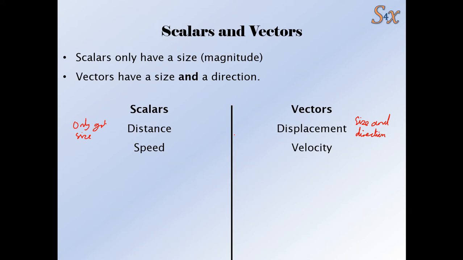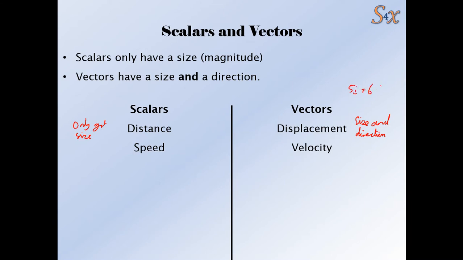It may seem like this is a tiny difference, but it does change quite a lot how we analyze between scalars and vectors, which, to be honest, you won't see so much in this course. You see a little bit, but as you get into more complicated mechanics, vectors tend to be treated in quite a different way. And you've done a little bit about vectors already in pure maths, where you write things like